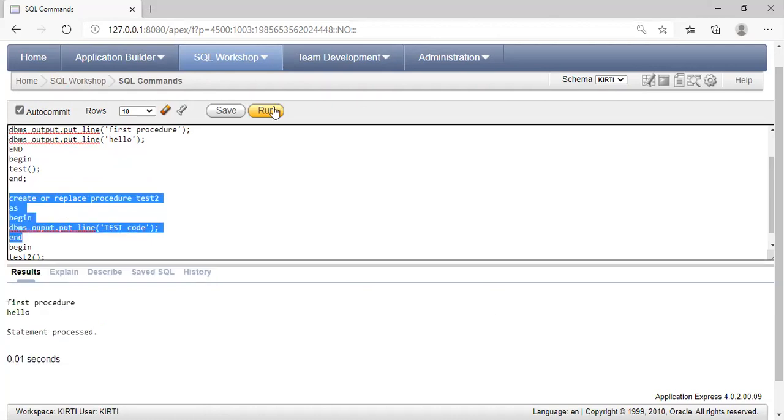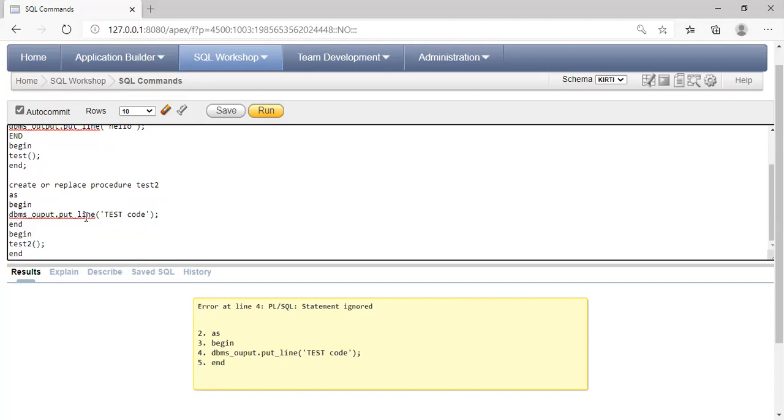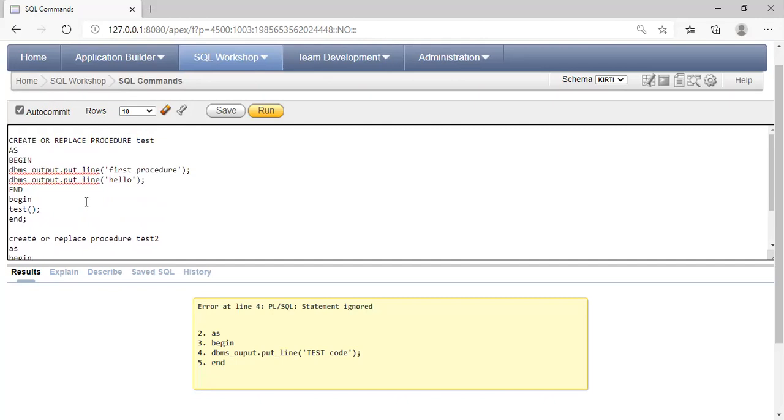Just we will check here. What we have to do, just remember, we have to follow the syntax. Wait a minute.